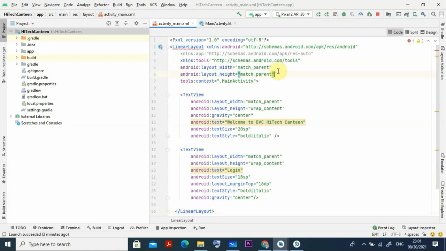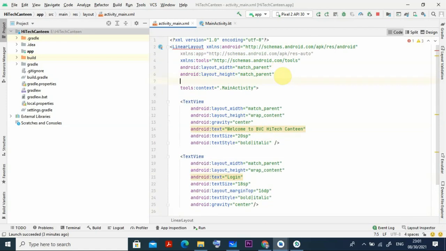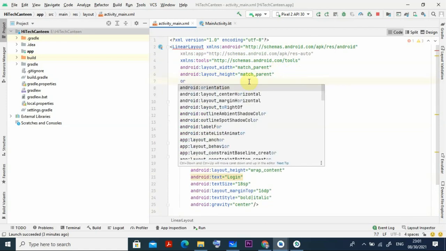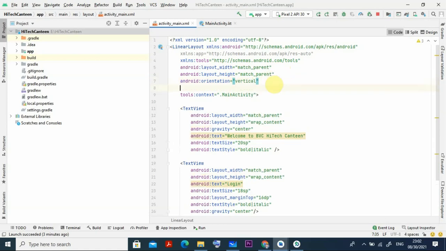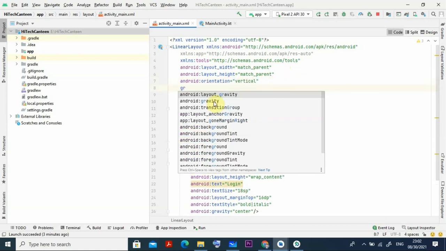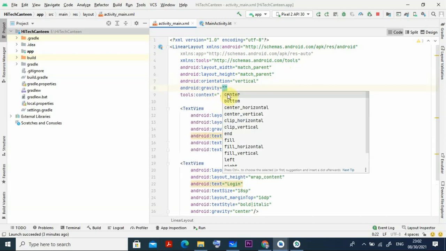So provide the Android orientation and put it as vertical. Once the orientation is vertical, the gravity also you can put as center. For gravity, just type gravity, Android gravity comes up, and you can put center here.